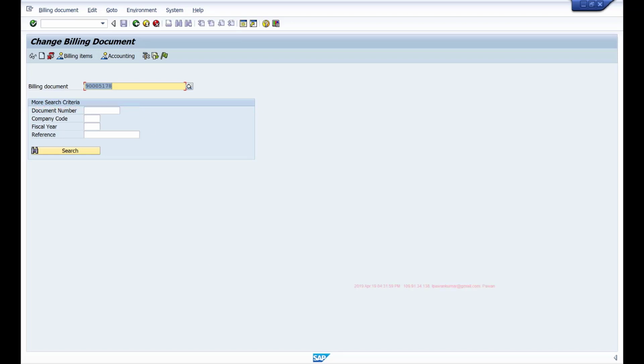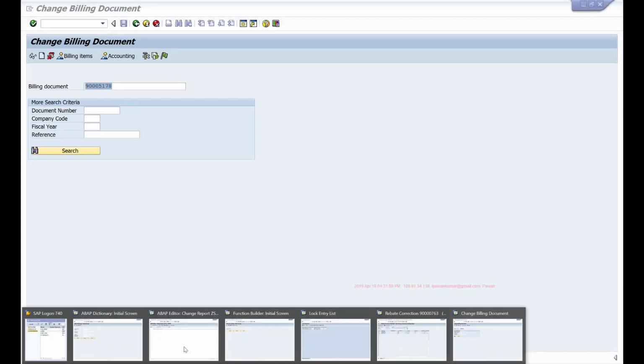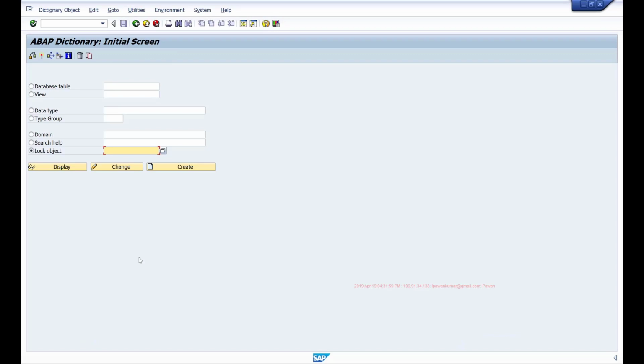So what we do is we create a lock object which will in turn generate two function modules. One is to apply the lock and another is to remove the lock. Let's take the same billing document example. We'll create one lock object in such a way that whenever we want to apply the lock, we'll call a certain function module and pass a document number based on which we want to apply the lock. And if anybody tries to edit the same document in our application, then it will throw an error. And similarly, once the user exits this application, then we have to unlock it.